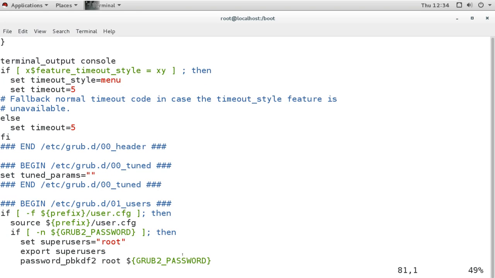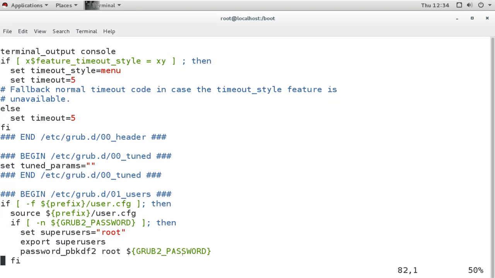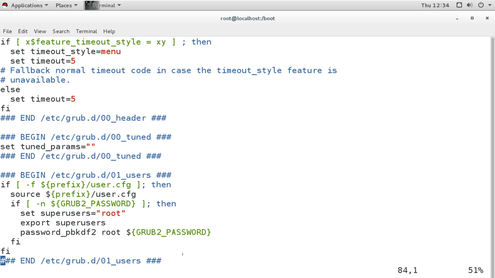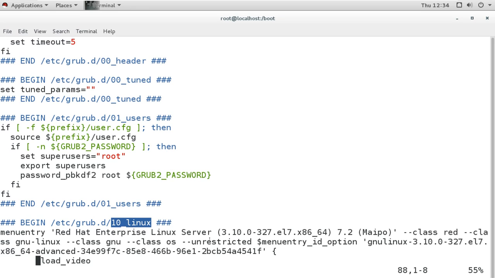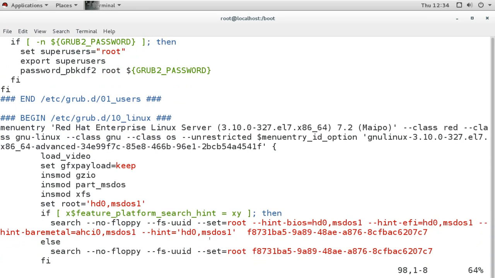It has a small configuration, and it ends here. Then it is reading this file. Now this file, 10_linux, has the main menu, and this is the menu entry.